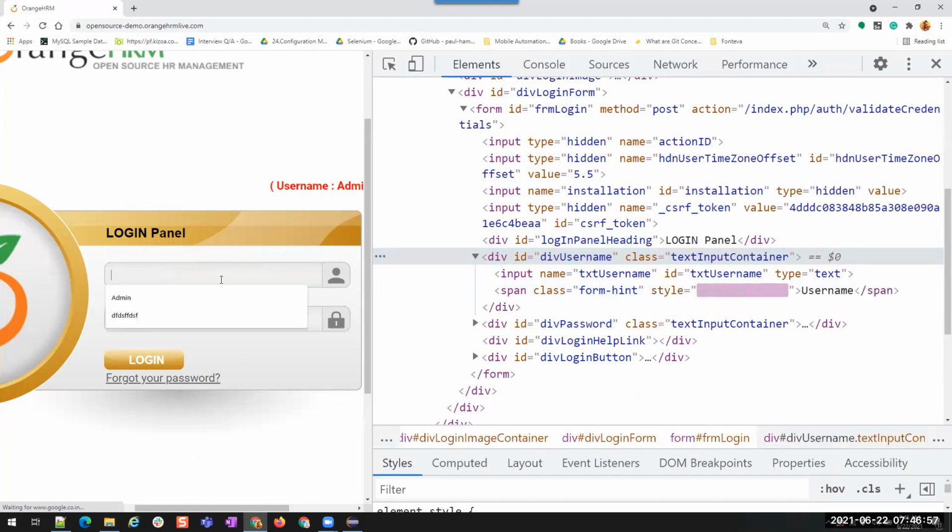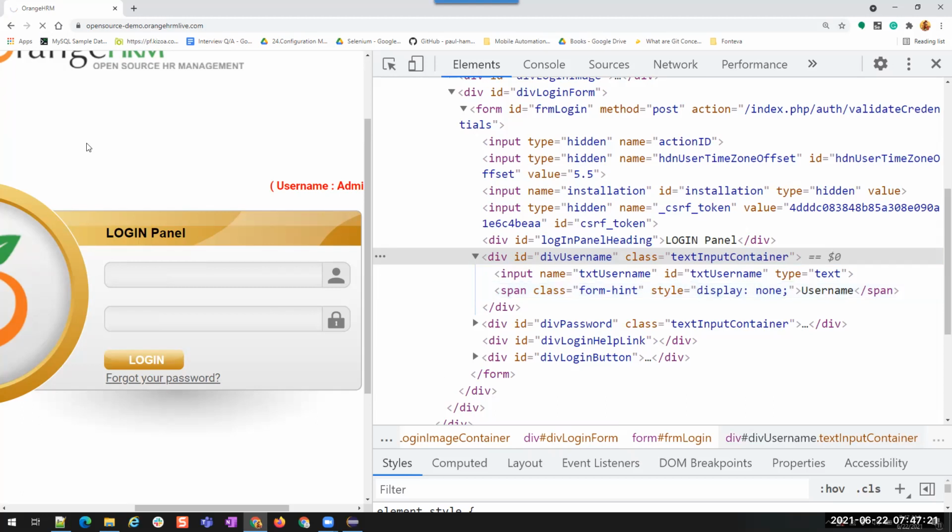Once I click on it, you see here the style is changing to display:none. You see it? When I click on it, the style is changed, right? Did you observe it? No. Okay, let me show you again.